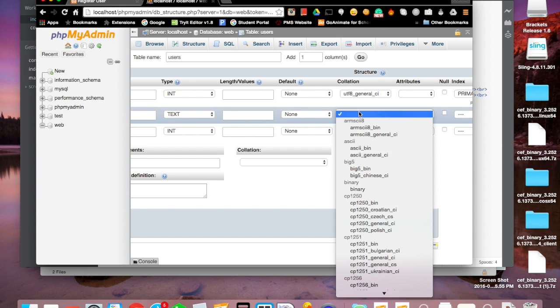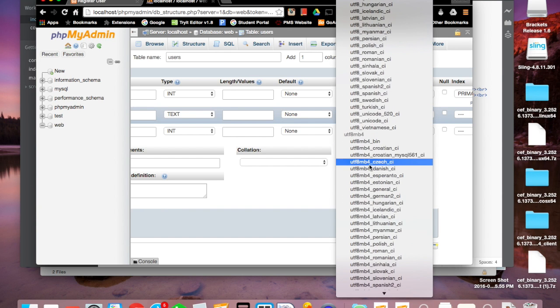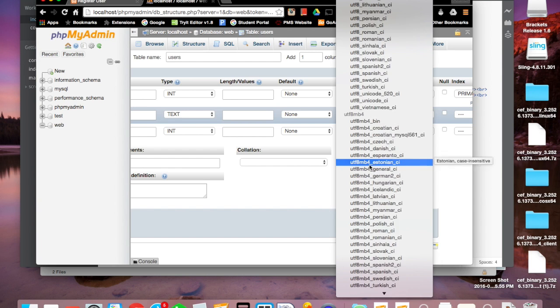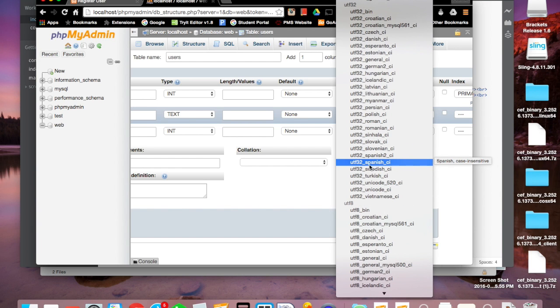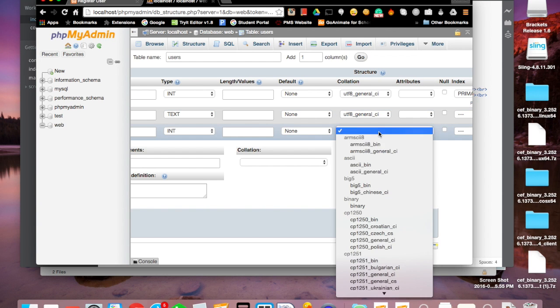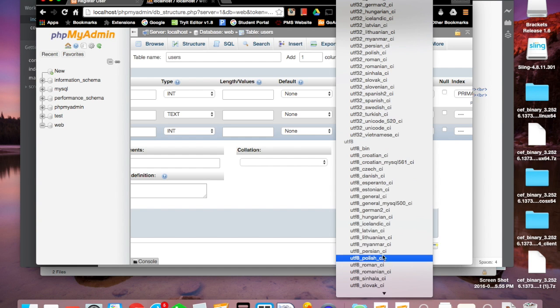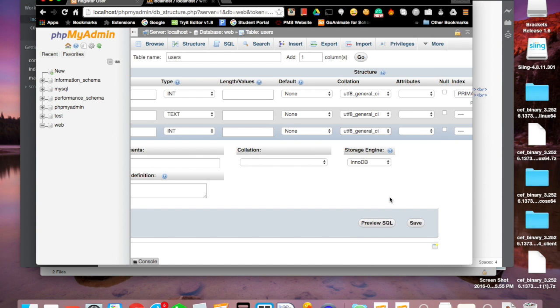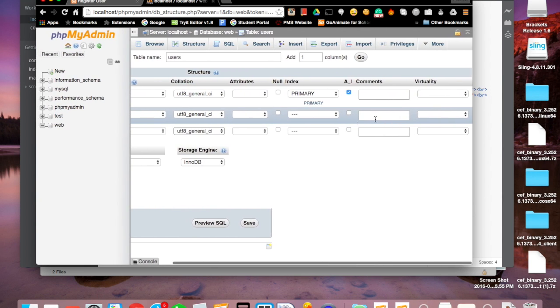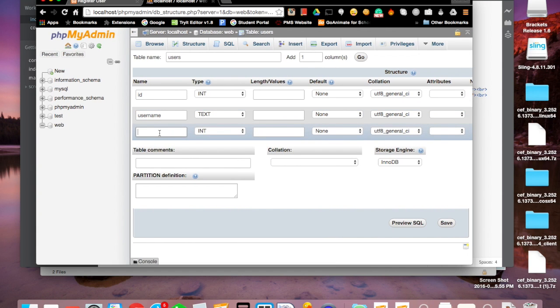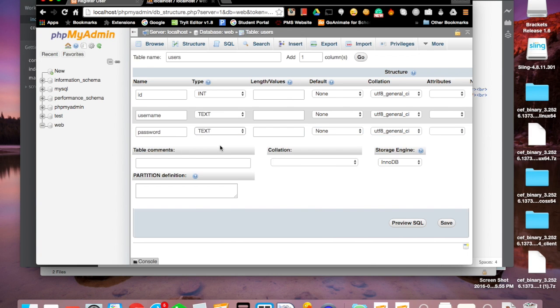It's not that important, but let's just put this for each column anyway. I'm putting UTF-8 general CI for the collation, and the last column will be called password. Its type is text. I'm going to save it,